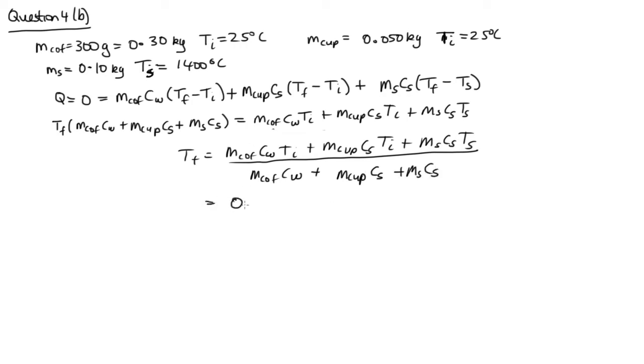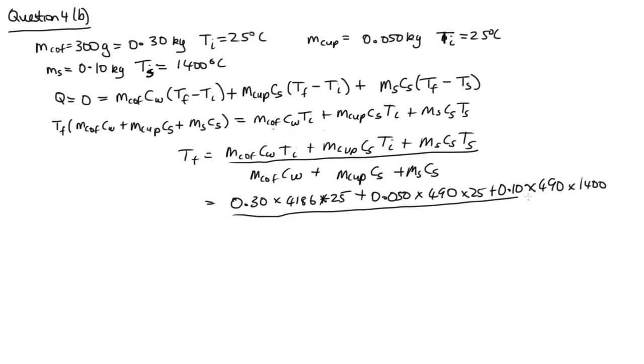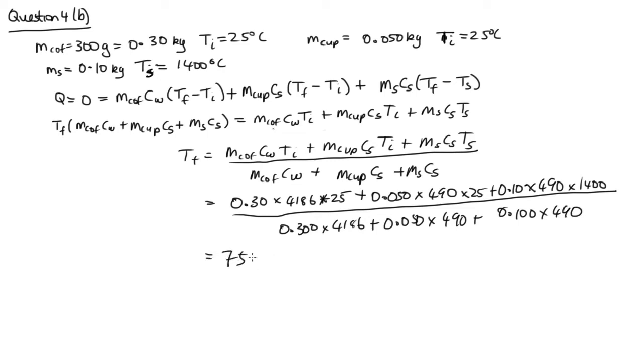And now we can substitute in. So we've got 0.30 times 4186, times 25, plus the mass of the cup, which was 0.050, times the specific heat of steel, which we're told is 490, times the initial temperature, which is 25, plus the 0.10 times the 490 times the initial temperature here, which was 1400, divided by 0.300 times 4186 plus 0.050 times 490 plus 0.100 times 490, and then we solve that on the calculator and we get 75.7 degrees